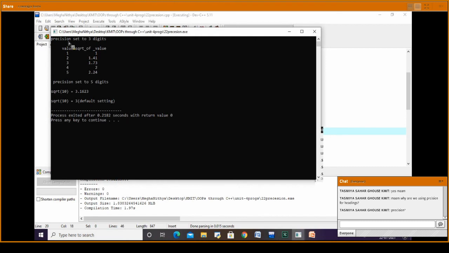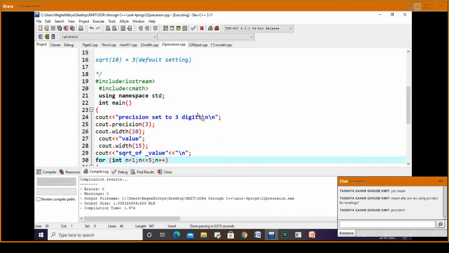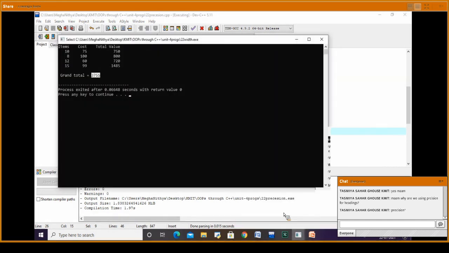Can you see here? Precision is set to 3 digits here. The first width we have set as 8. What is the width we have specified here? First we have given the width as 10, so in that width 10 we got the value like this.